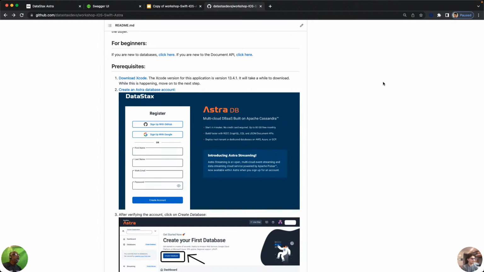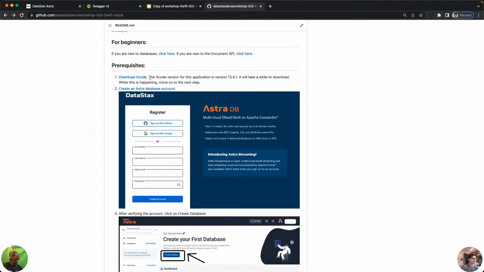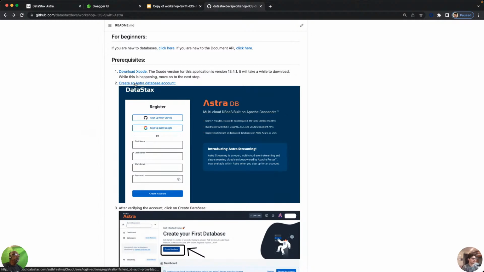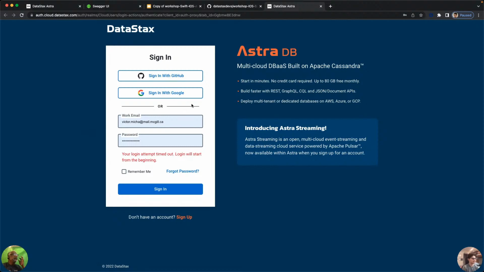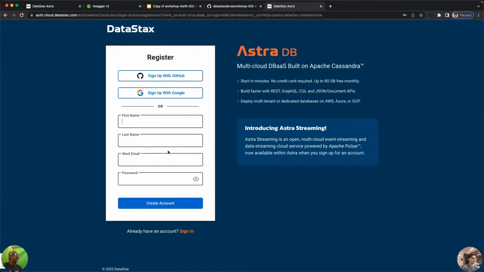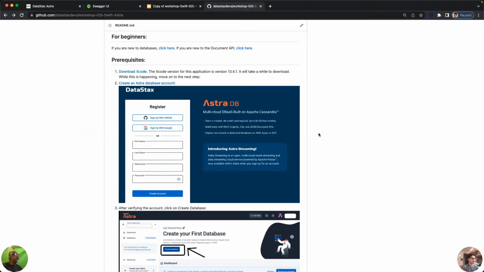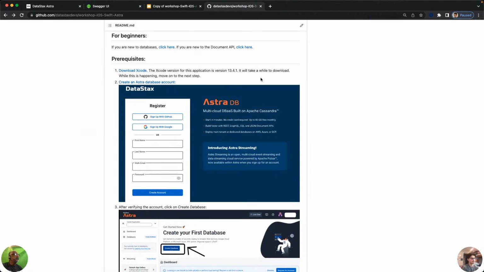All right. So once you've downloaded Xcode or started to download Xcode, follow the steps, right? Let's click on this link to create an Astra database account. It's going to send you here. Either you can sign in with Google, or you should probably sign up if you don't have an account. You'll enter your first name, your last name, your email, and your password. Once you do that, an email will be sent to your email address. You'll click on that email and click on the verify account link. Once you verify your account,